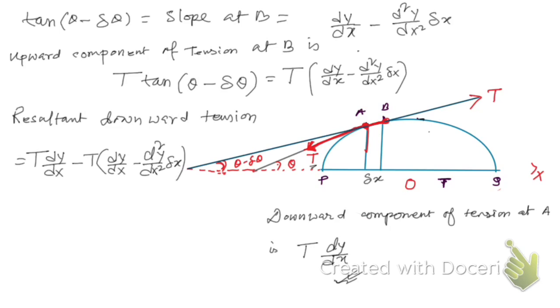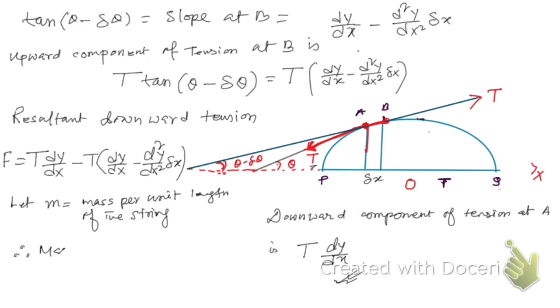Okay, this is what we have got. Let me represent this by F, force. Now let us consider that m is equal to mass per unit length of the string. Therefore, the mass of the element